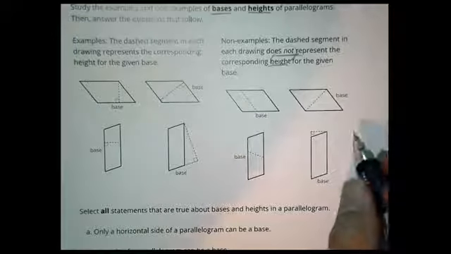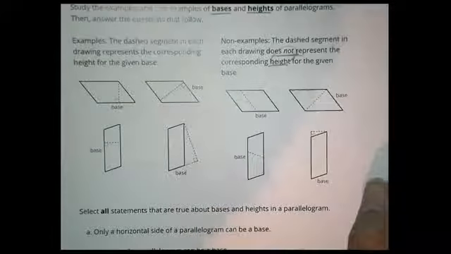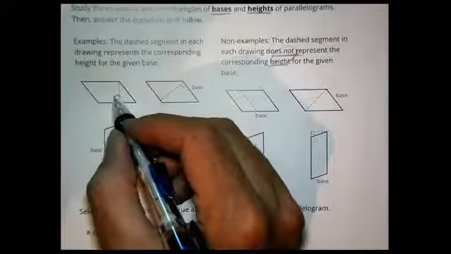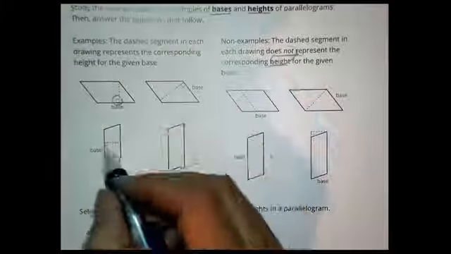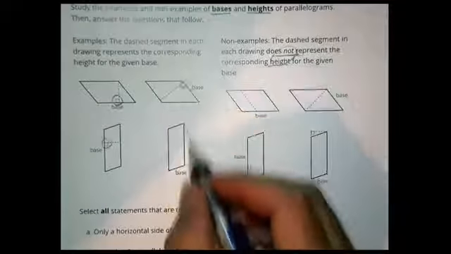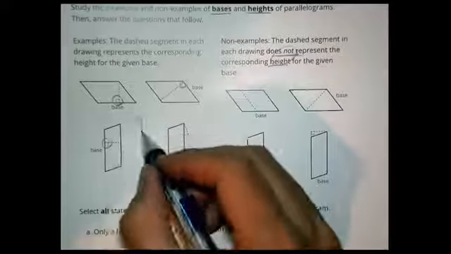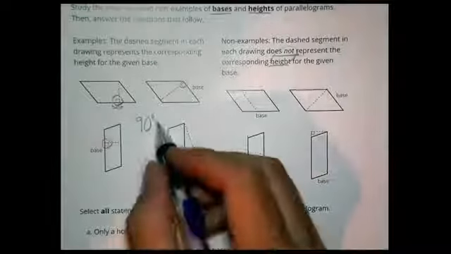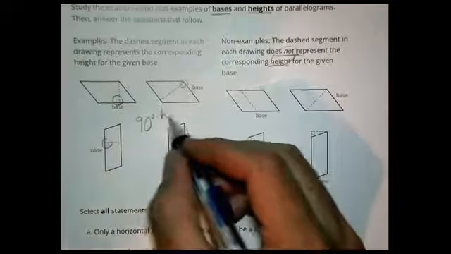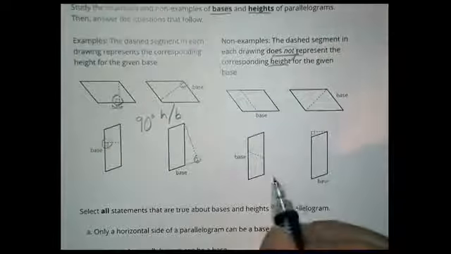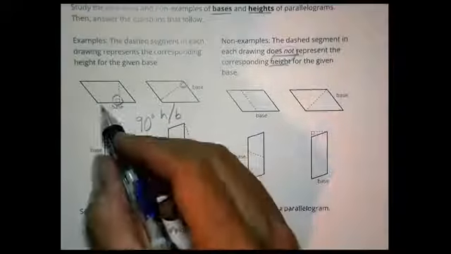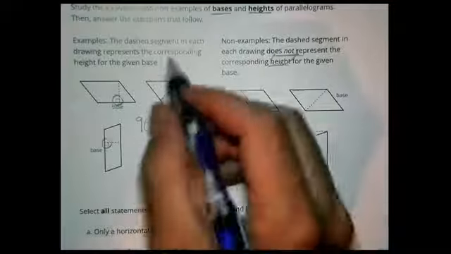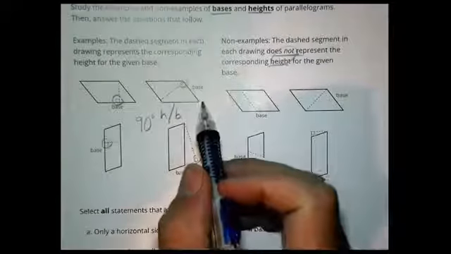Alright, so what do you notice here? Well, a couple of things you might notice is that all these heights have what? A little square right there. And what does that square indicate to us? Remember what that indicates? It tells us that it has a 90-degree angle right there. That 90-degree angle is always on where the height and the base come together, isn't it? So where the height and the base meet, there's a 90-degree angle every single time on the examples that are